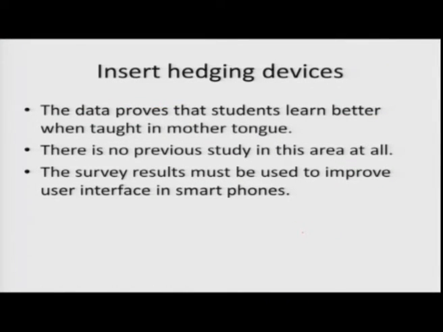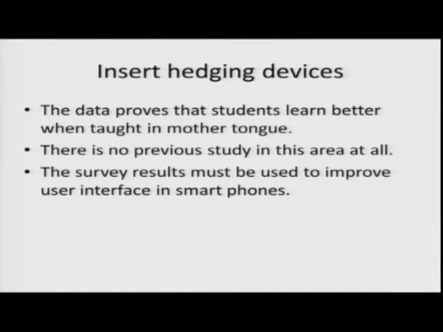Now, let us do another exercise. Here are some sentences and these do not have any hedging devices. So, let us read these and insert a hedging device to tone down the claims. The data proves that students learn better when taught in mother tongue. So, the problem here is "prove". So, change it. You can say the data suggests that students